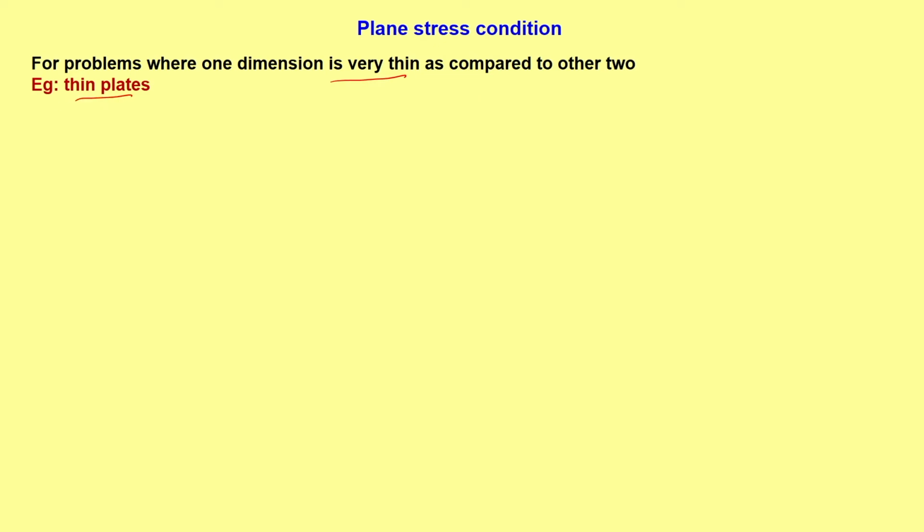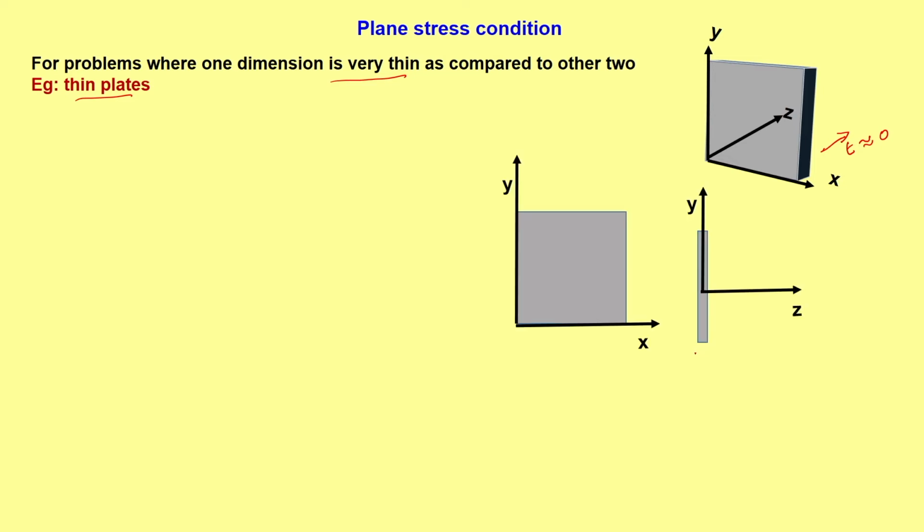For example, thin plates. You can see here this is a thin plate, and the dimension along z direction, that is thickness, is very less as compared to x and y. So, that is what it means here; less means it is relative. As compared to the xy plane, the thickness is quite less. So, it is becoming like a thin plate. You can see here the thickness is very small as compared to the area of cross section in